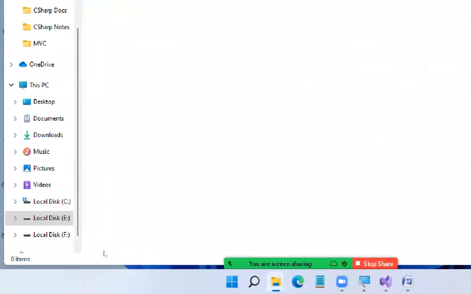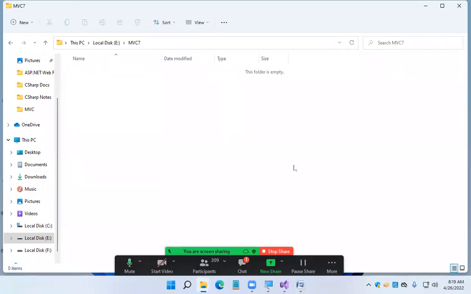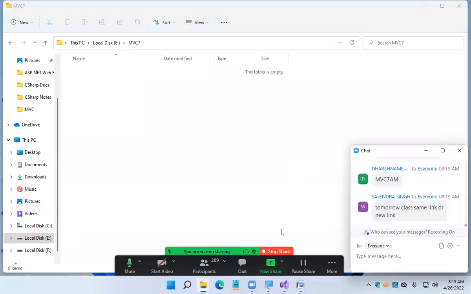And all of you, I'm telling you, when you're creating your folders and project names, don't make these mistakes. What is it? Spaces. The first mistake you'll make is giving spaces. Don't give spaces. The second mistake is special characters. Don't use special characters. No spaces and special characters. Is it clear? Use only alphanumerics without any spaces. Don't do that.